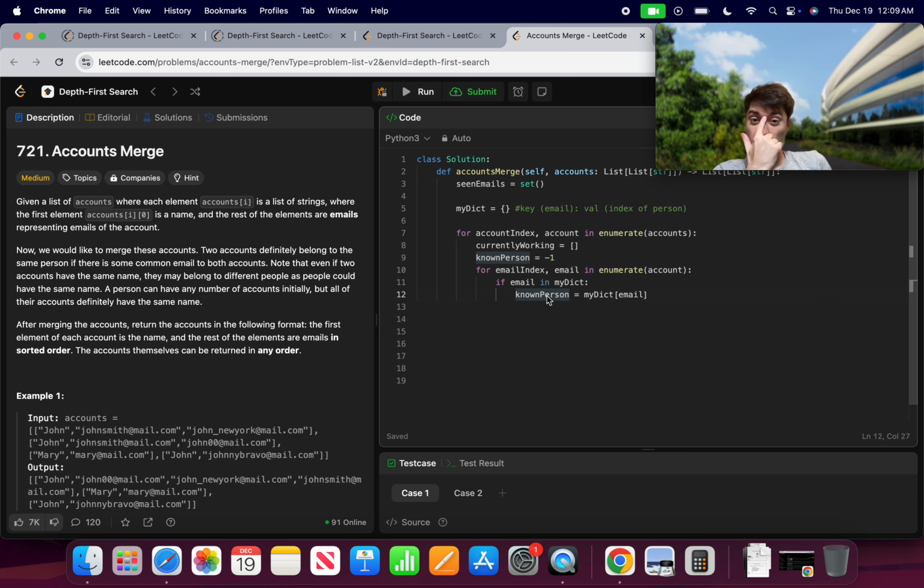But I don't have a way to keep track of known person. My goodness, this problem, it's just like you think that you're getting even a little bit moving forward, and then you just get blocked. So the problem that I'm realizing now is, okay, I have the index in accounts, which I need to merge with,